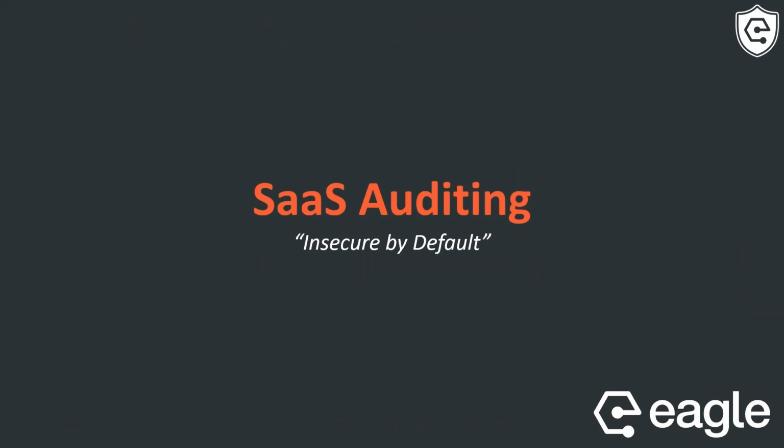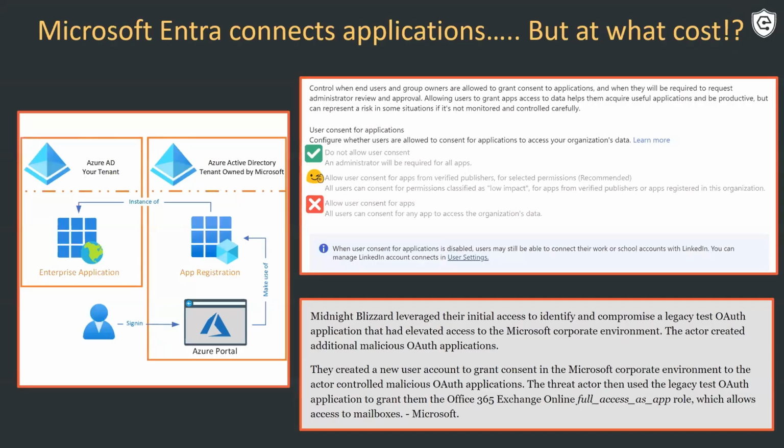Okay, so on to the next session. We wanted to give you some examples of what we often call insecure by default. It's the notion that a lot of these SaaS apps and these vendors typically have default settings that need to be changed, quite frankly. So we wanted to demonstrate the danger in some of these, right? So the first example is, I believe this was the default with early adopters out in Azure AD. But it's the notion that any user in your corporate environment can register an enterprise app inside your tenant, and all of the permissions that app were given apply in your tenant as well.